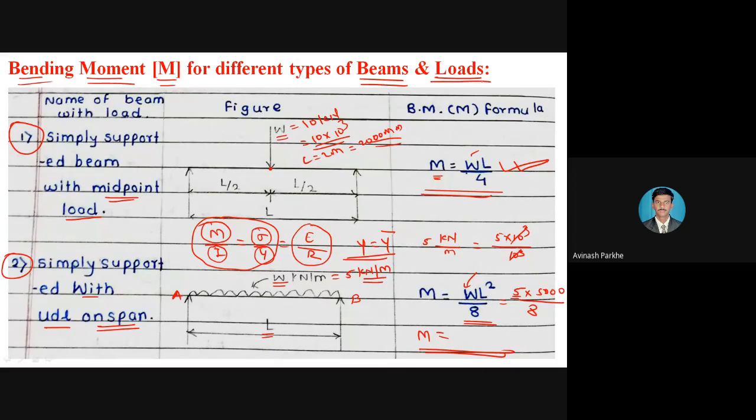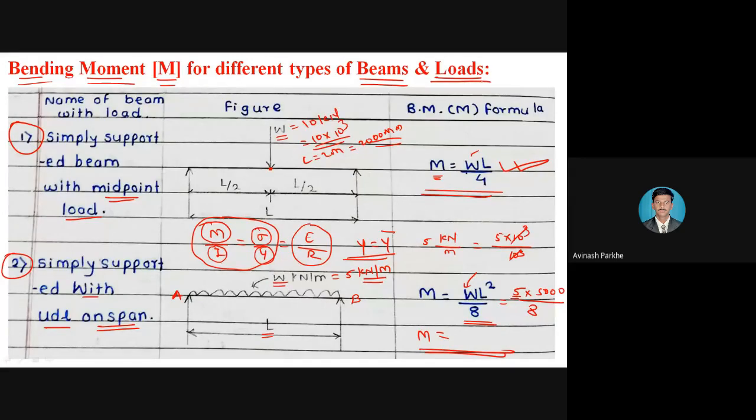Here we don't have any continuous beam, overhanging beam, only we are having simply supported and cantilever, and त्याच्यामध्ये पण फक्त दोनच लोड, एक म्हणजे पॉइंट लोड आणि दुसरा म्हणजे UDL. There is no any couple, there is no any uniformly varying load, only point load and the UDLs are there. So take this particular all the formulas in your notebook.